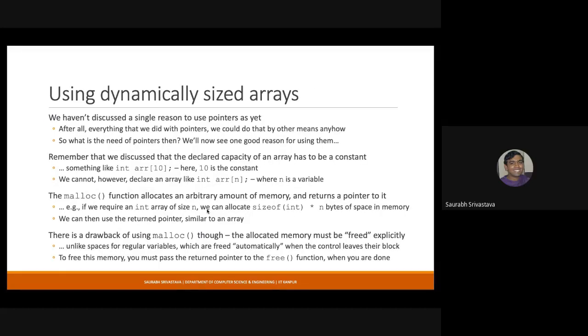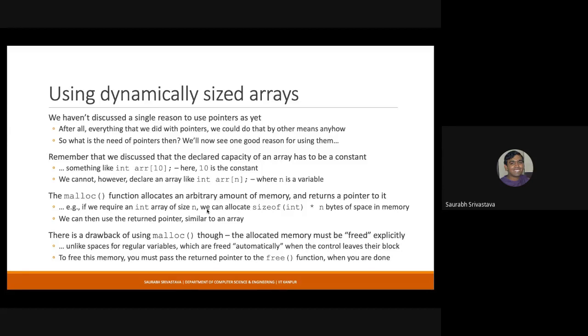Yeah, so basically the idea of malloc function is this. Some of you might have been to the lecture by Avnish, but the idea is something like this. When you declare a typical array, especially inside any function as a local variable, the memory gets allocated inside the stack, and as soon as the function is over, that memory is freed.